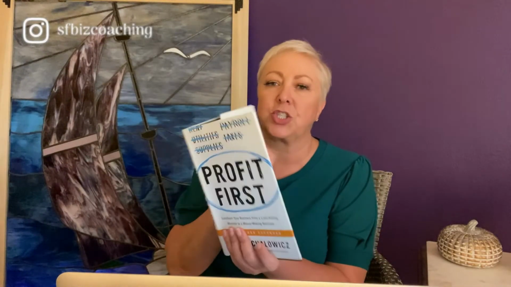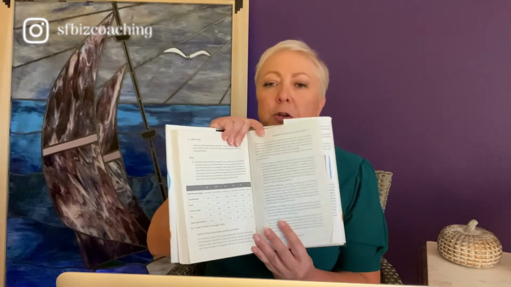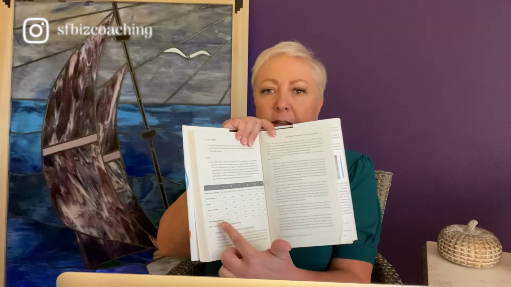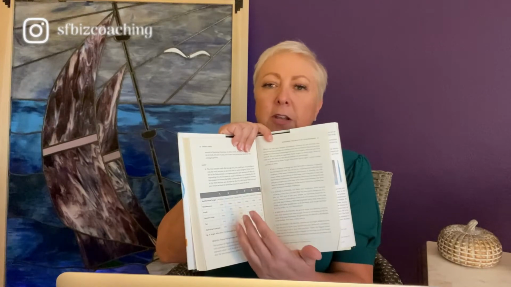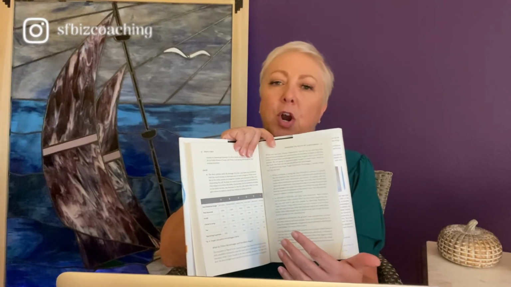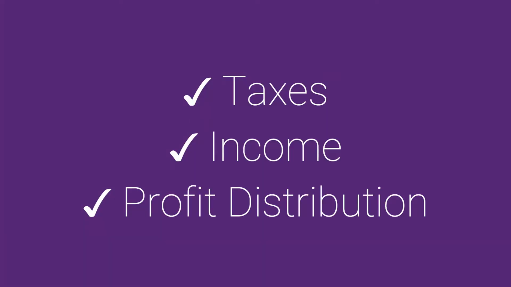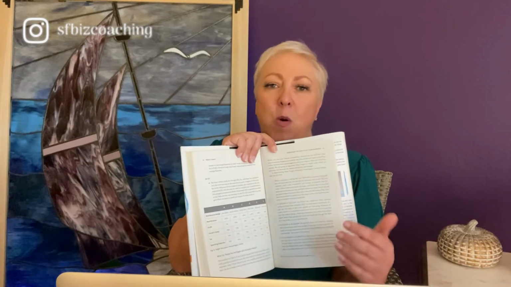It has a fantastic chart in it that tells you, if your business is below $250,000, or $1 million to $3 million, what you should be looking at as far as what you should be paying in taxes off of gross revenue, what you should be earning in income from gross revenue, and what you should be taking as profit distribution from your business. This can be really helpful. I use this book every year with my clients when we're reviewing their numbers. A lot of times people think, oh my gosh, I made so much money, but I brought so little home. I think a lot of people feel that way.